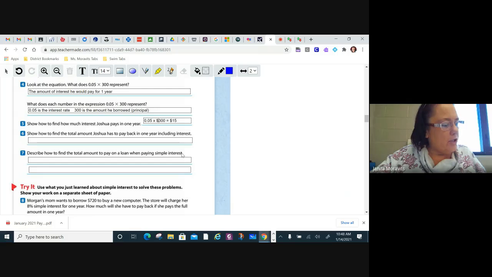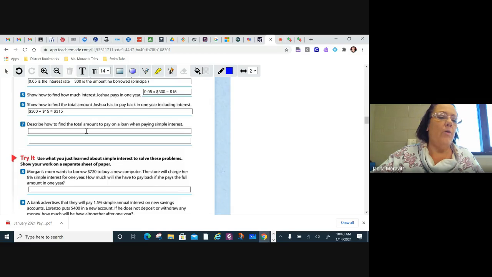Then it says, show how to find the total amount he has to pay back. Well, he borrowed 300, but he has to pay back the 300 plus his interest. So the interest was 15. So when we add that up, 300 plus 15, he has to pay back $315. And it says,